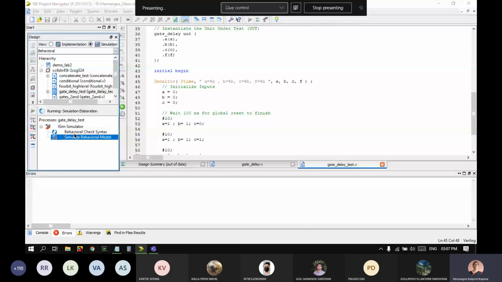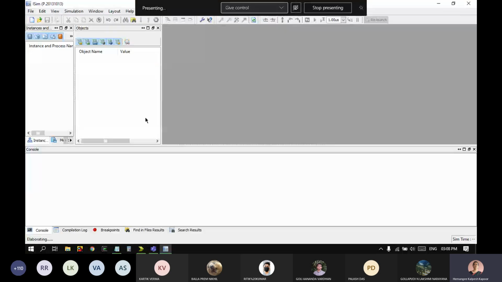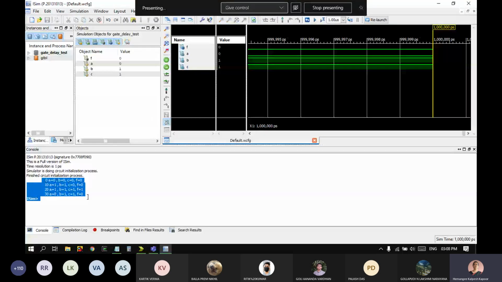There is nothing printed between 0 and 10, because no change happened. The monitor command only prints something when at least one variable changes. So at 0, everything changed. Then this was an instantaneous execution, and at time 10 I gave another set of inputs. It caused an instantaneous change in the output F.